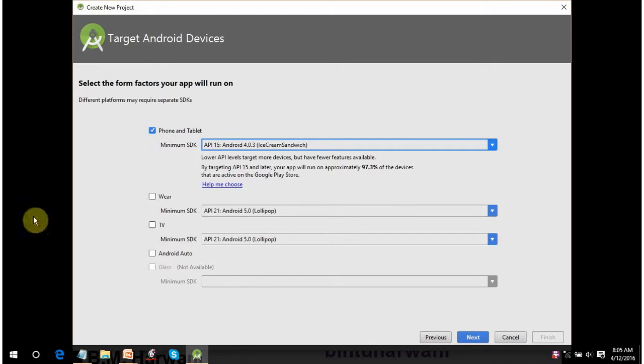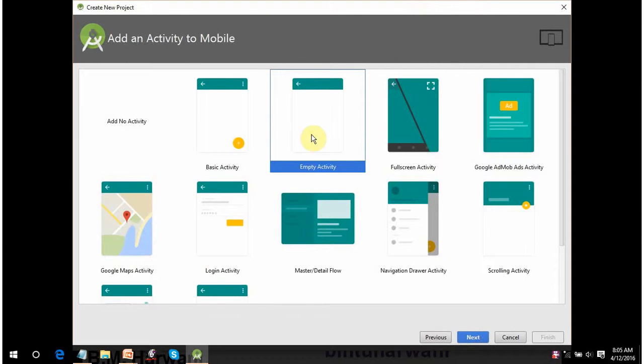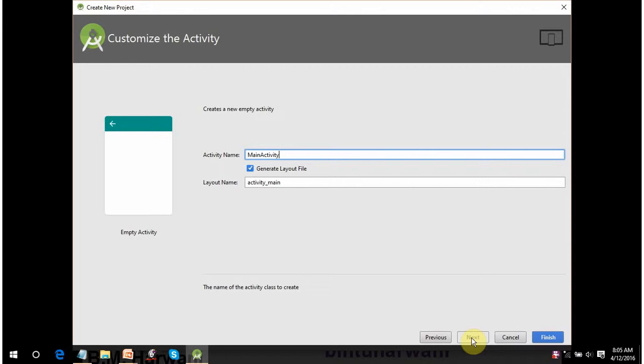This screen also shows that you can make apps for Android Wear, Android TV, Android Auto also through Android Studio. But right now we'll be focusing on creating an app for Android phone and tablet only. So let's click on next. We'll choose an empty activity. Recall that we said that activity refers to a screen. If your app has 3 screens, obviously you'll be compelled to have 3 activities. Activity is nothing but a Java file that loads your layout file, that loads your GUI interface, the interface with which the user interacts with the app, the screen with which the user interacts with the app.